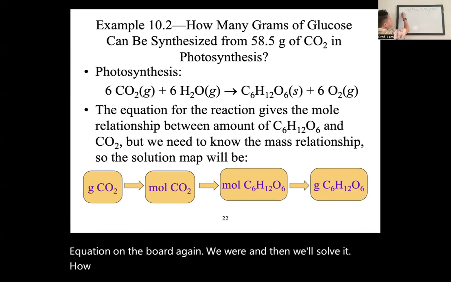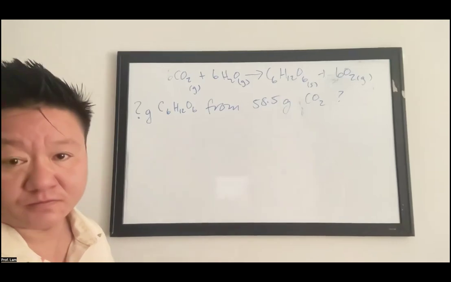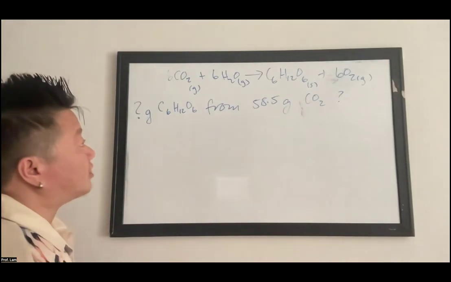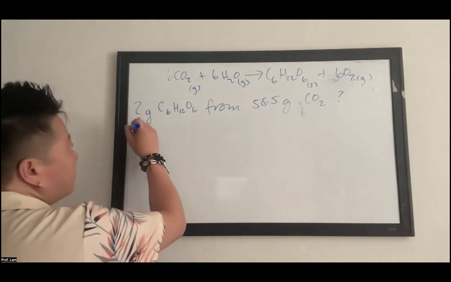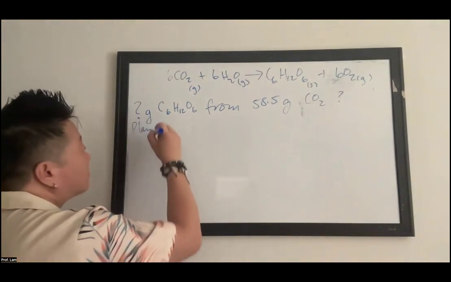How many grams of glucose can we get from 58.5 grams of CO2? Okay, so again, when we have a bigger problem like this, I would write a plan first before you start